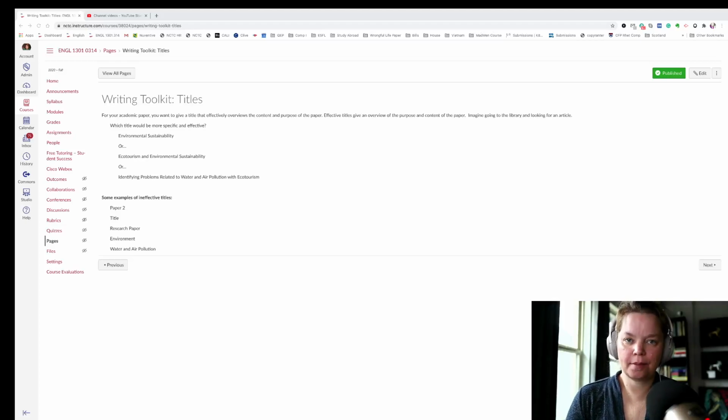So for this paper, you want to also practice having a very specific title. So think about when you're doing some of the preliminary research in the library databases. You did the library orientation earlier this semester, and you looked at articles that were available to students or scholars in the library databases. Now imagine how difficult it would be to navigate the databases if the articles only had one sentence or one word titles, right?